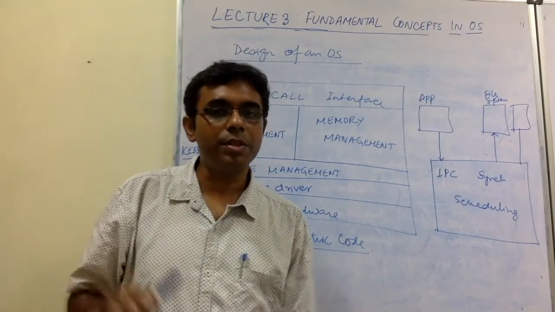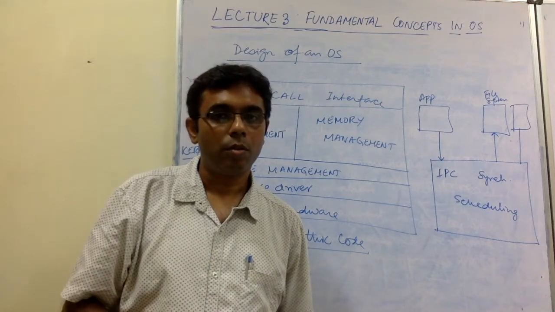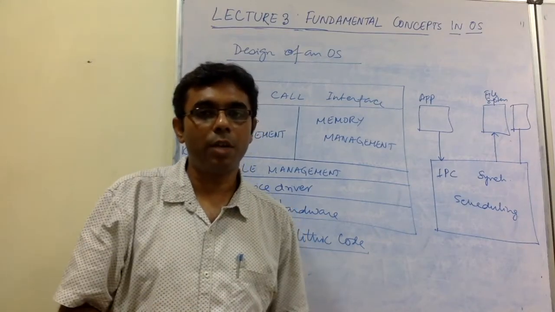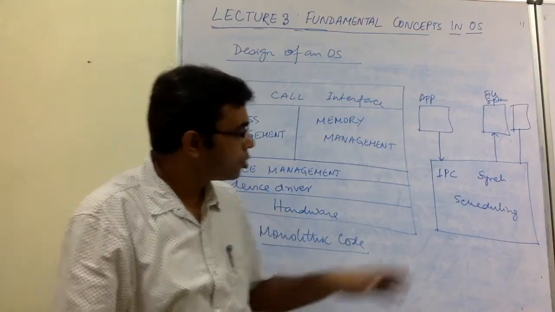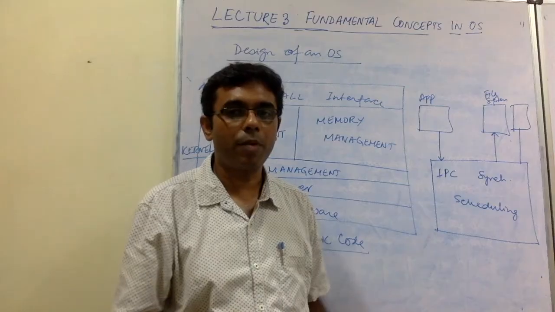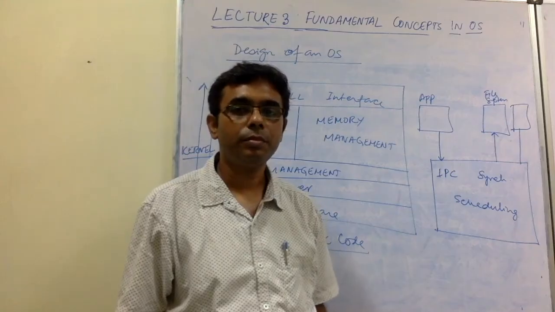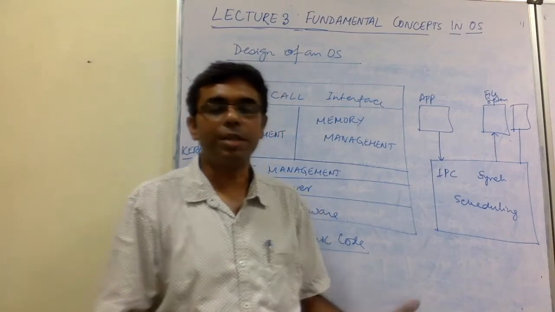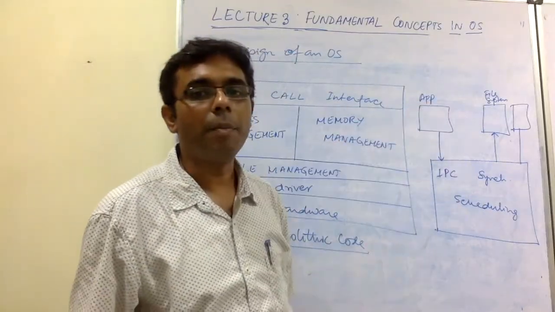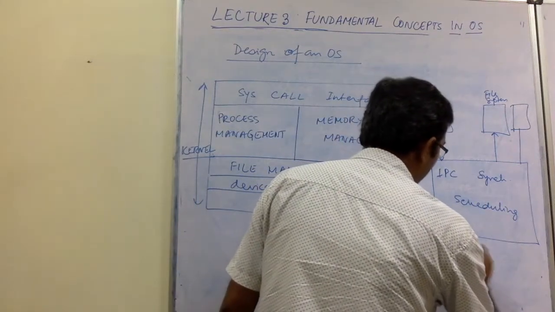So whenever those services have to be invoked, the application program that would like to execute them puts the request to the kernel, and the kernel's job is only to test whether that particular request is a bona fide request, a proper request, and if it is, it simply forwards it to the corresponding service. The service then looks at the request, executes it, and sends it back to the kernel. The kernel then forwards it to the application. So this kind of design of an OS is called a microkernel,